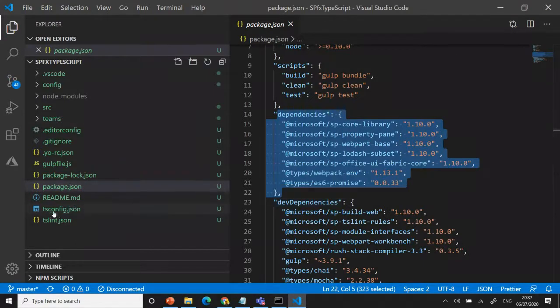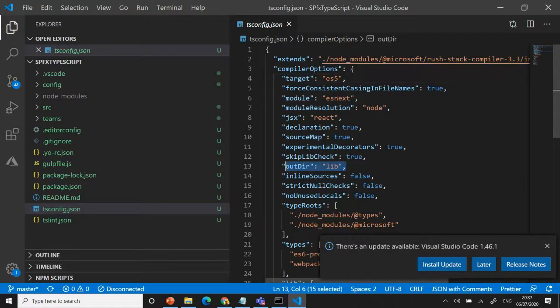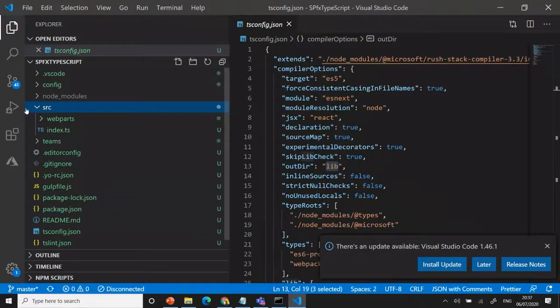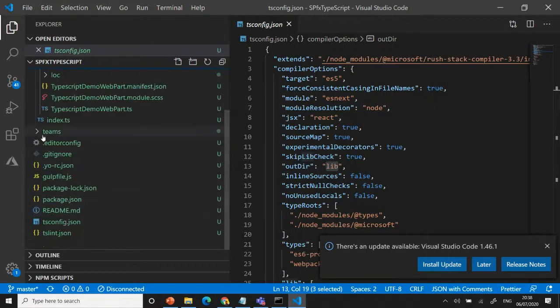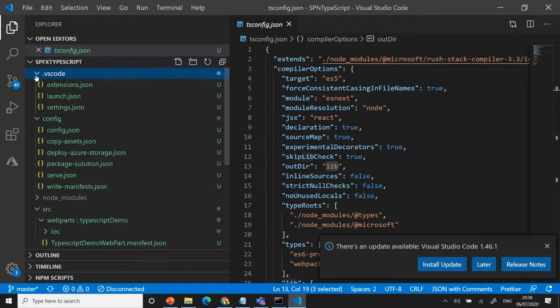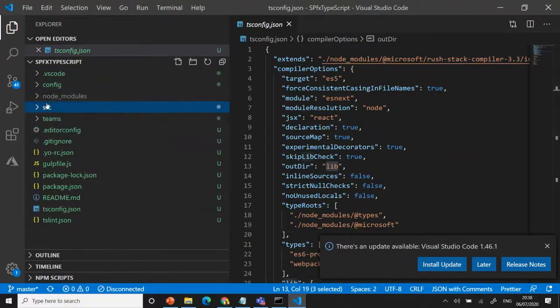Okay, then we have the tsconfig, whatever we saw, right? Target, folder, everything, right? The same only. Whenever we are creating any tsconfig, it will be converted to JS, and it will be available in the out directory, lib. Okay, whenever you go here, you can see the... okay, we are not compiled, right? It's not coming. You can see the lib folder will come next to the node_modules, with a lib. There you can have the TS file.